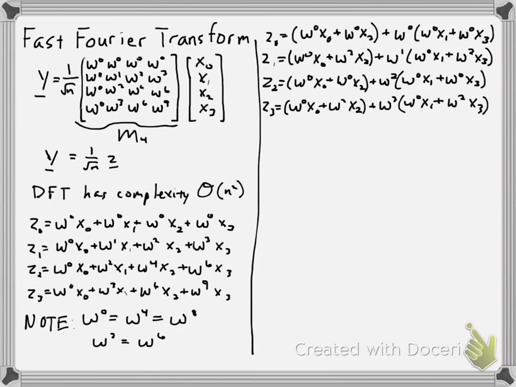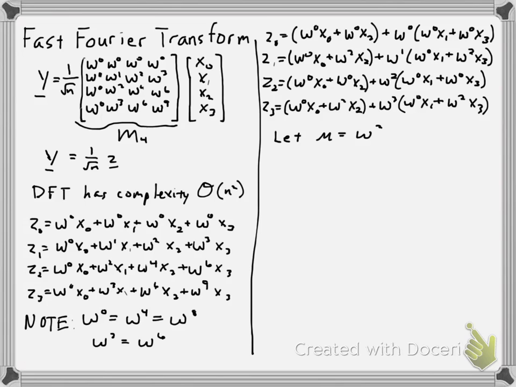Okay, so now you see how I've grouped the x0 terms and the x2 terms together and have used the properties just previously mentioned, and the x1 and the x3 terms, so that we have our z0 through z3 written in this manner. Notice in parentheses, the only things that show up are omega to the 0 and an omega squared. So I'm going to let mu equal omega squared,